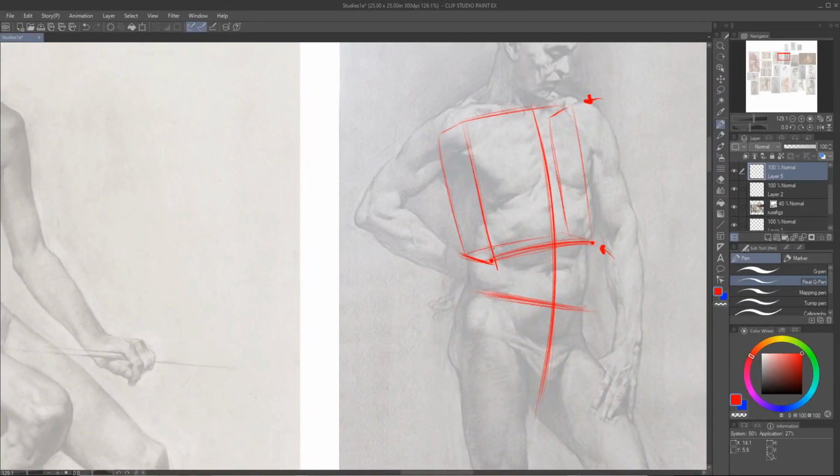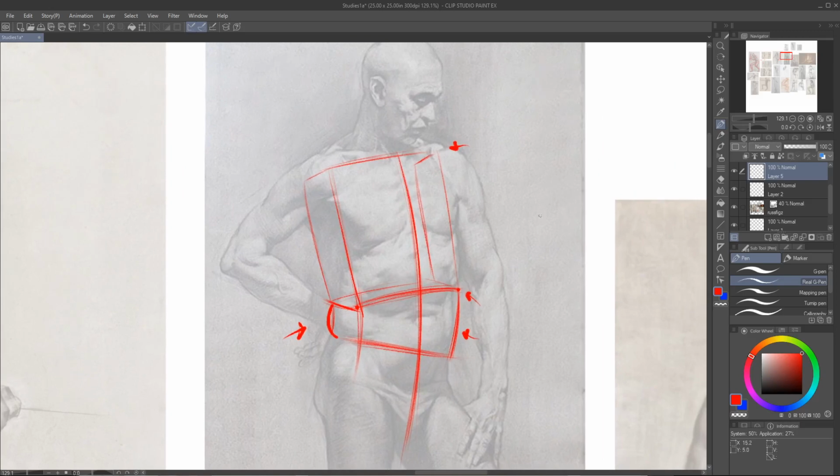Alright, so down to the pelvis. I make these little connecting lines right here, kind of connecting the twist of the pelvis a little bit. Maybe I bulge that a bit because it's compressing and stretching on these sides right here. This is something we'll get more into when we get into specific areas of the body. But there is a compression and a stretch that happens, kind of an accordion effect on the torso